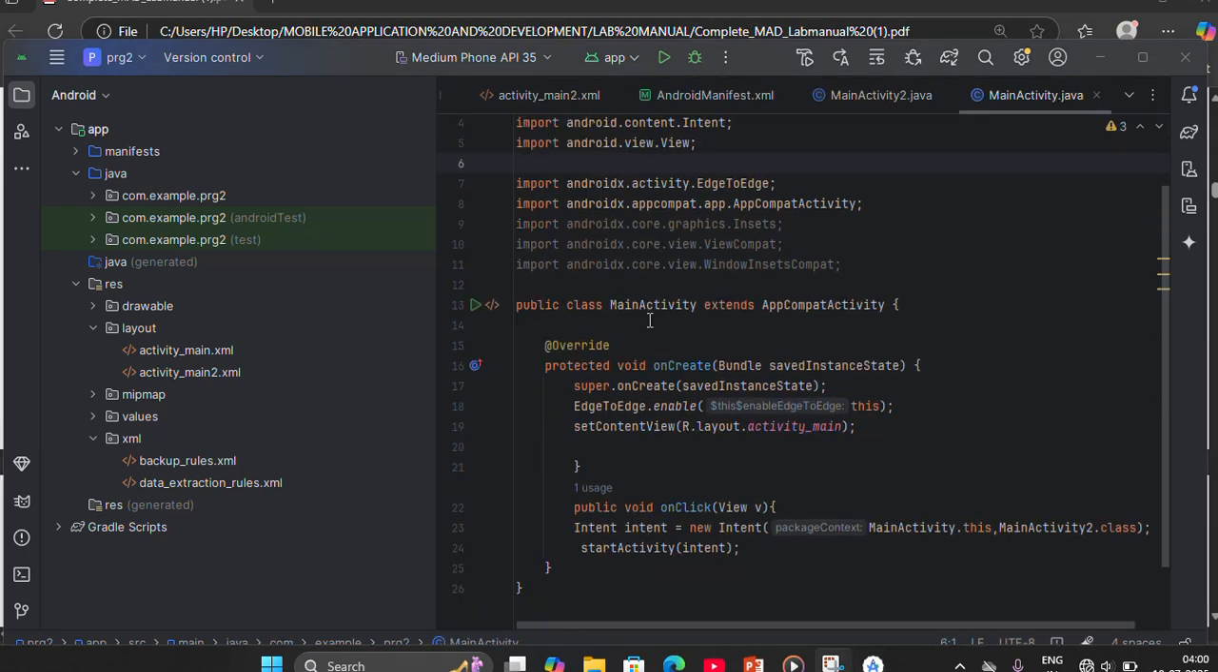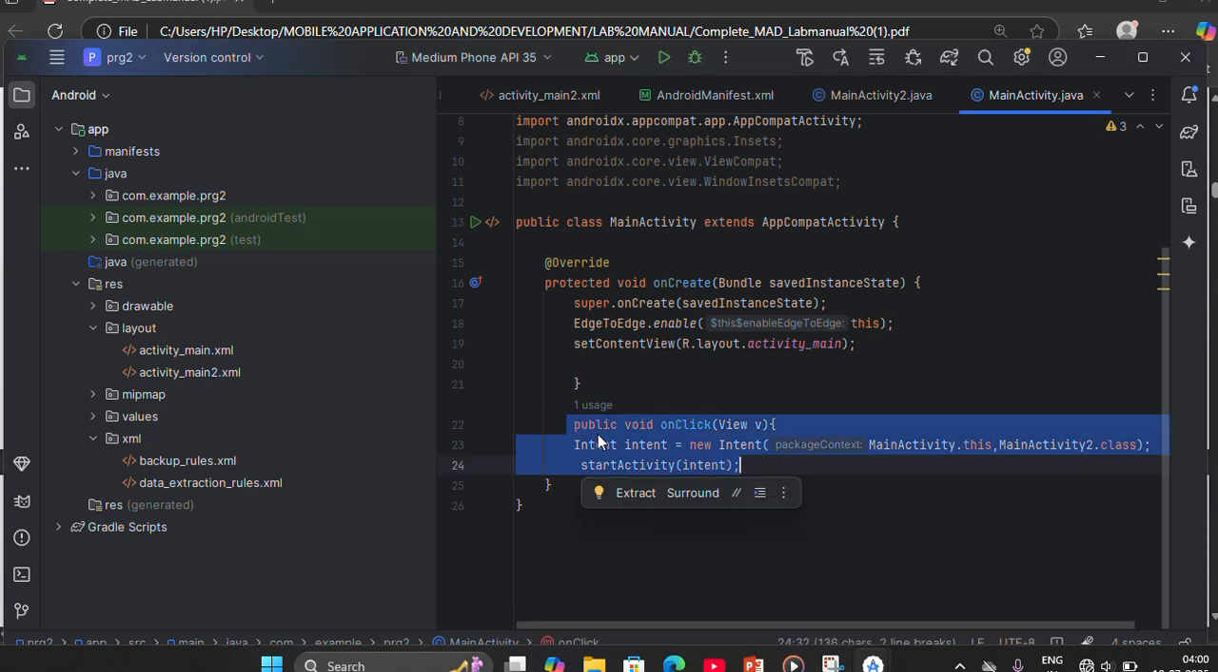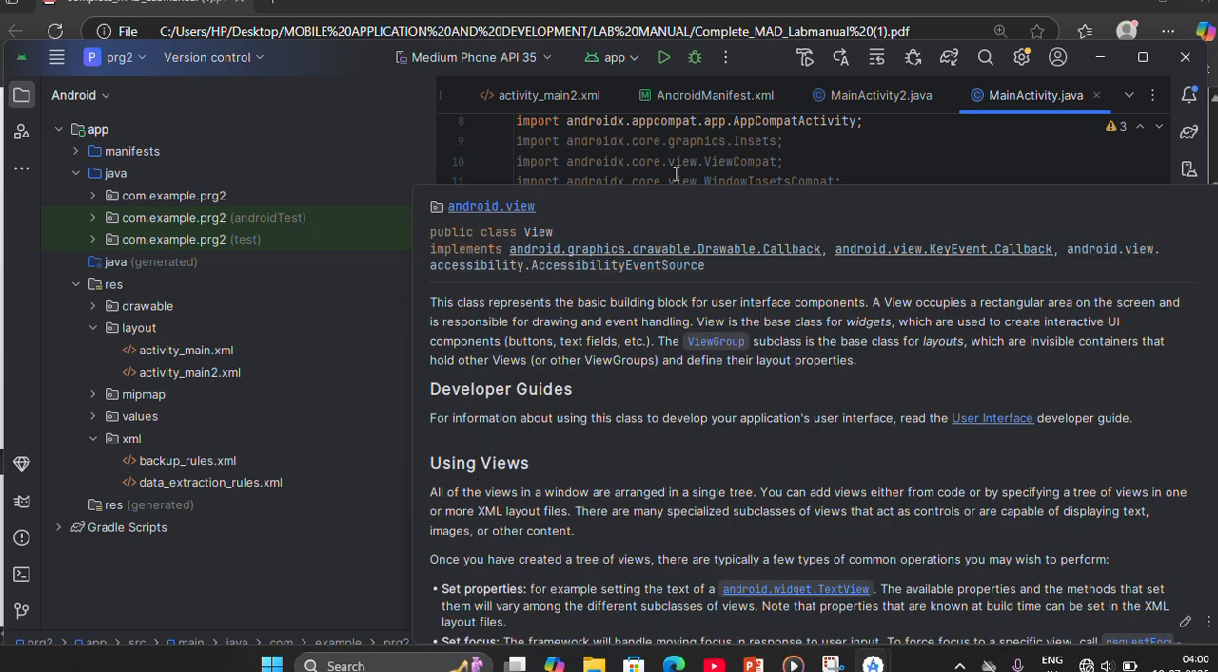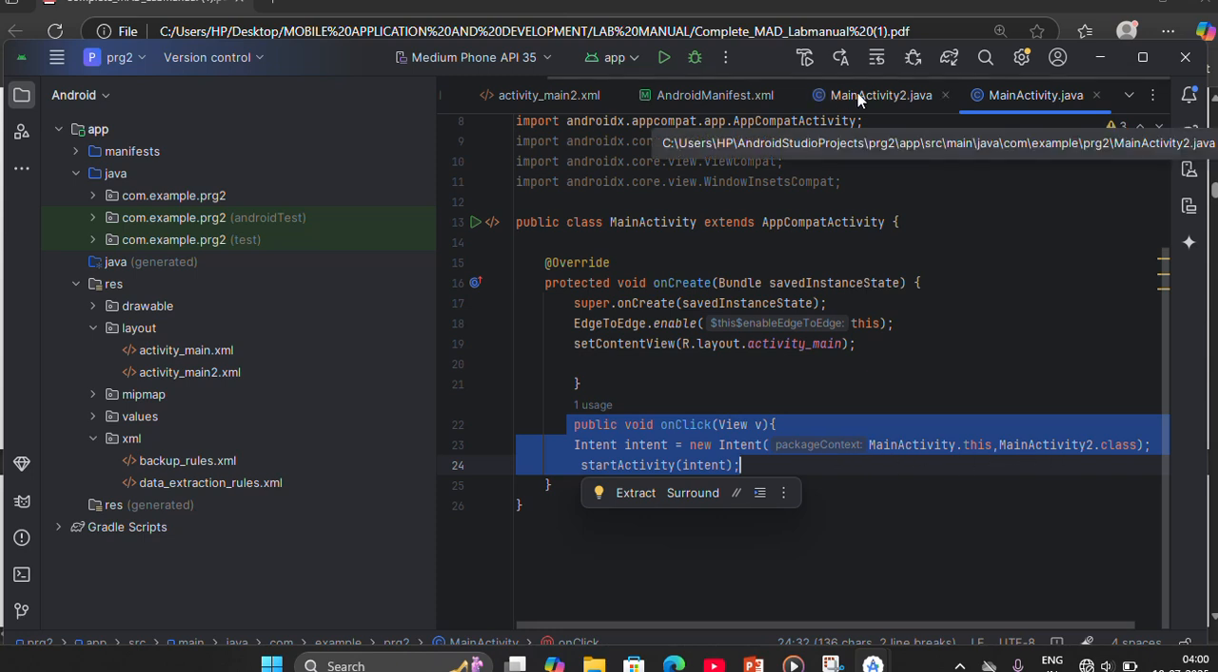So in main activity, automatically everything comes. The only thing is you have to do this. So what is this? I'll just explain. Public void onClick. So there we have given onClick like an event listener. So whatever event it listens to, there will be their intent. New main activity, this, activity 2 dot class. Why activity 2? Because